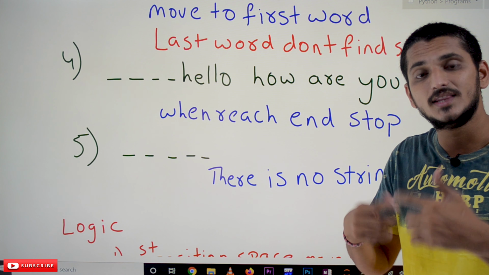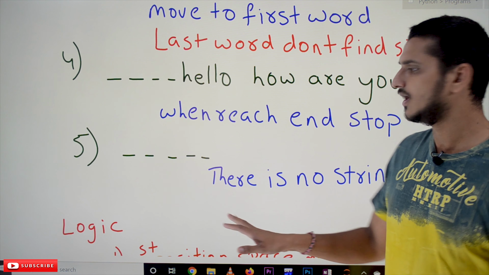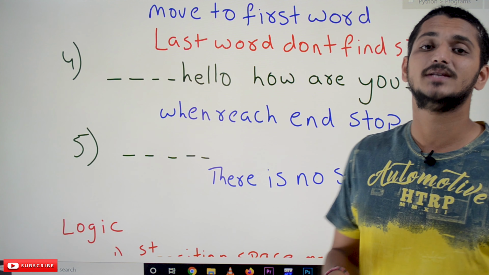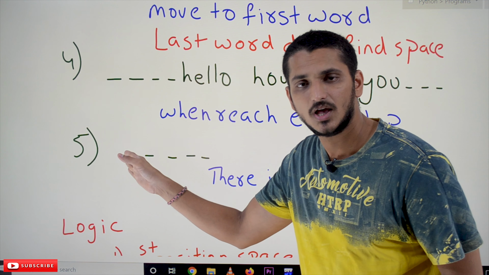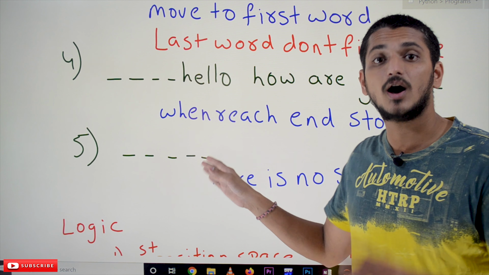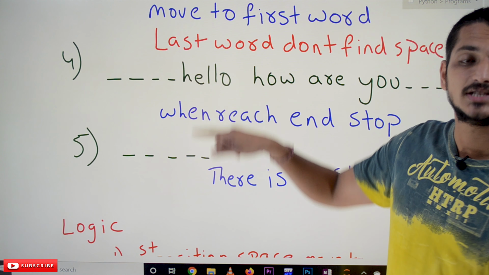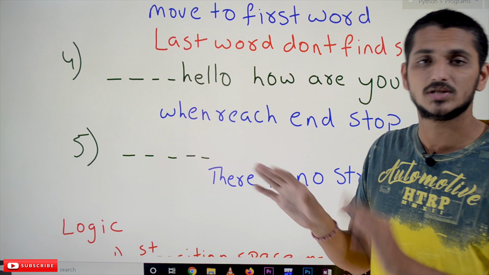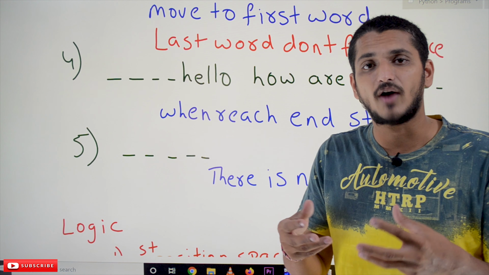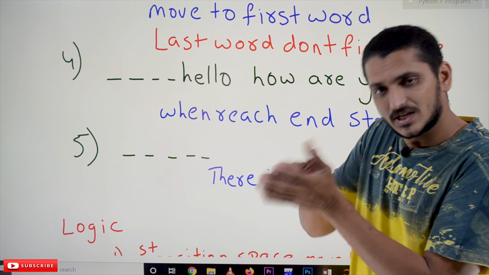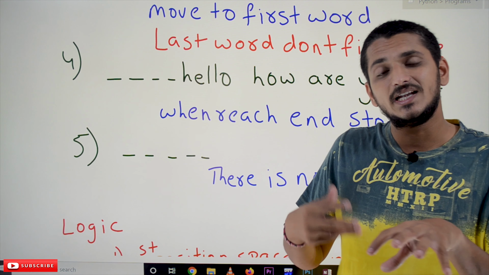Based on all this, we have to identify the logic. And our fifth condition here, we are having only spaces. There are no words. So whenever there is a space, move to the next word or the end of the string. So these are the 5 conditions, different situations which we get when we are reading the strings. Based on these 5 conditions, we have to group these conditions and find the logic. This is how we have to identify the logic.